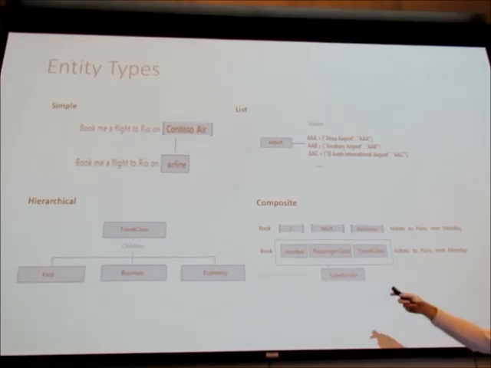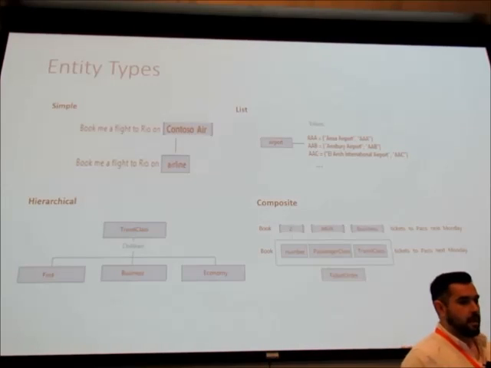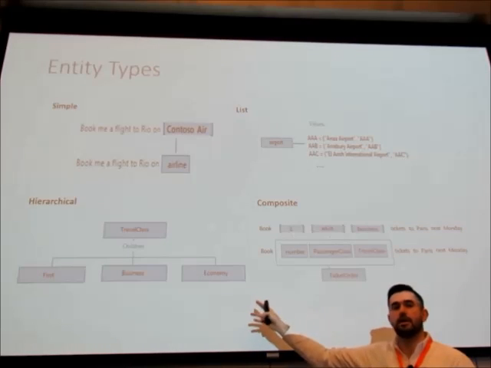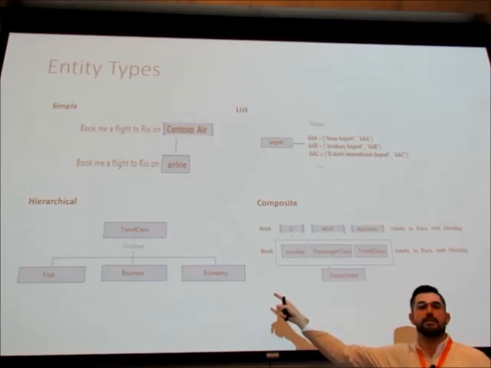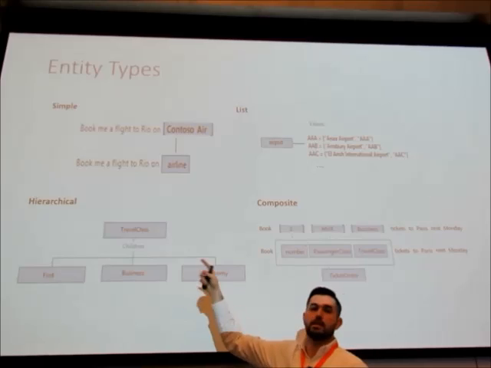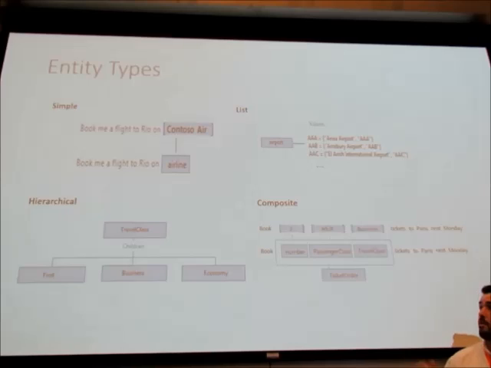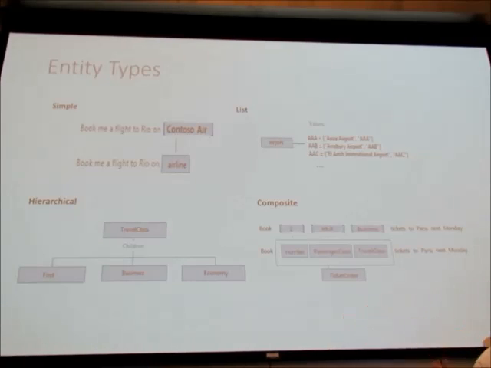Hierarchical, the travel classes I mentioned, and these are important because, let's say economy, if you say something like, book me the cheapest flight to Montreal, you might want to train your economy simple entity to say, okay, cheapest, even though it's not the word economy. If I don't say what class I want, I'm assuming it's going to be economy, and if I say cheapest or what's the lowest price, I want to train it so it understands that's economy. But I don't necessarily want to train it with the travel class. It'll start understanding these separately, but in my application, I want to input travel class, because when I go to the middleware, I don't really care if it's first, business, or economy. I need to book the ticket, or I need to provide an API to book the ticket.